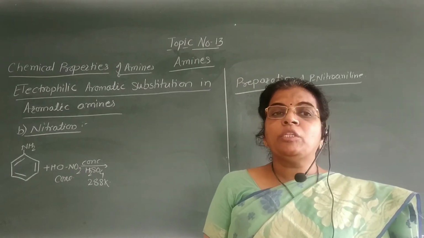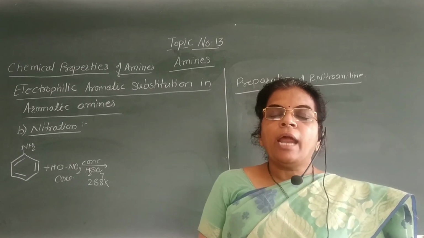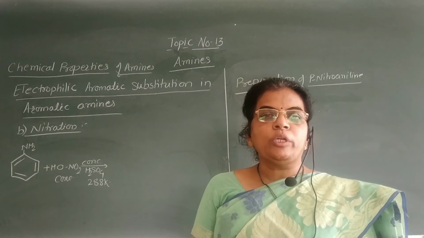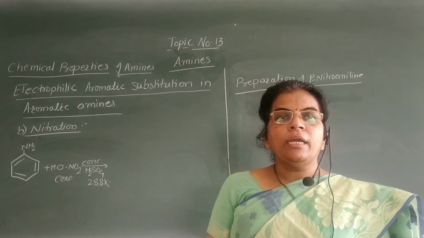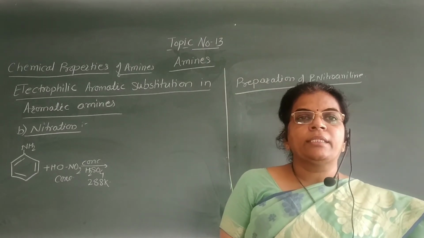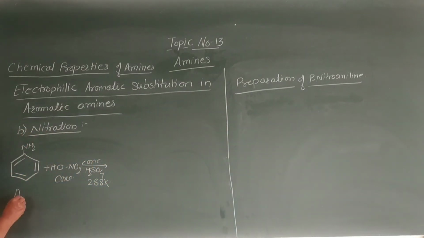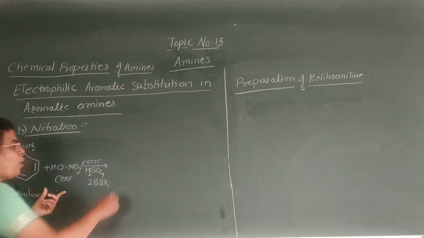We know what is meant by nitrating mixture. Nitrating mixture is a mixture of concentrated H2SO4 and concentrated HNO3, that is nitric acid. When this aniline is treated with nitrating mixture at 288 Kelvin temperature, we get a mixture of